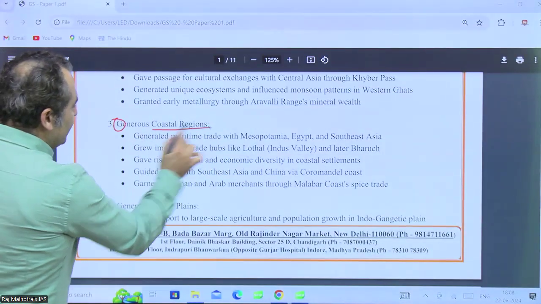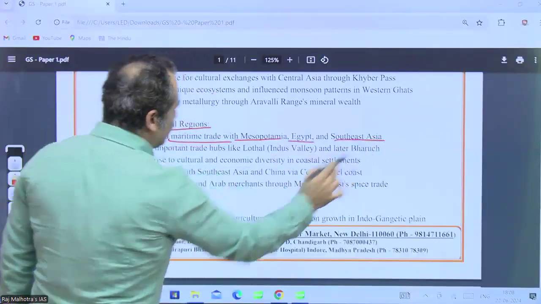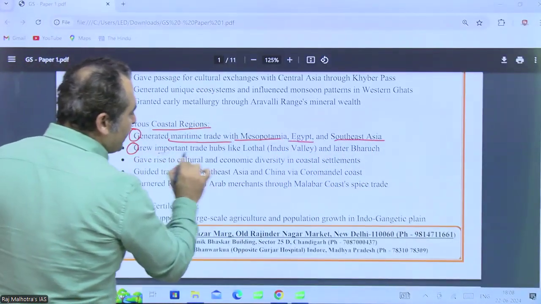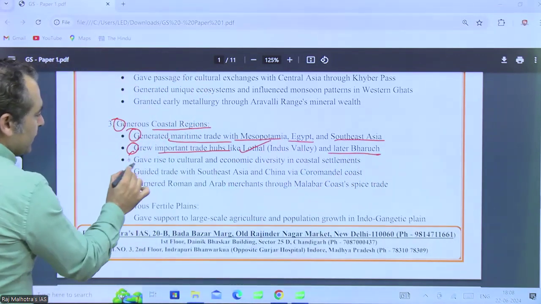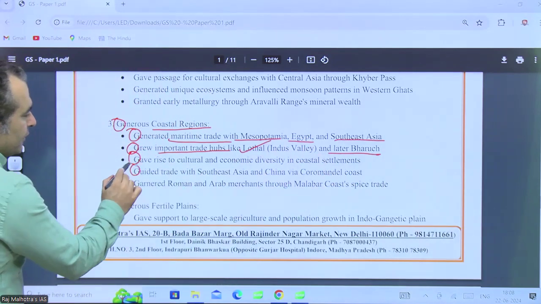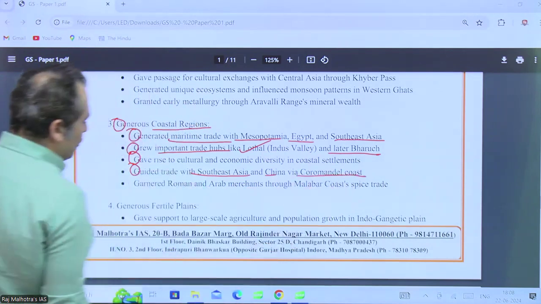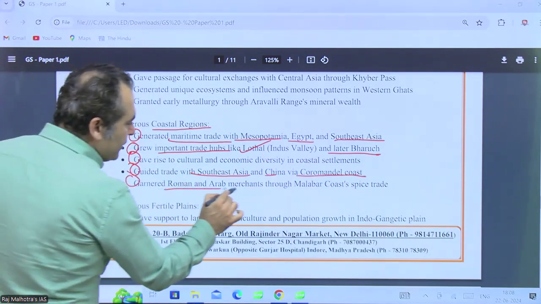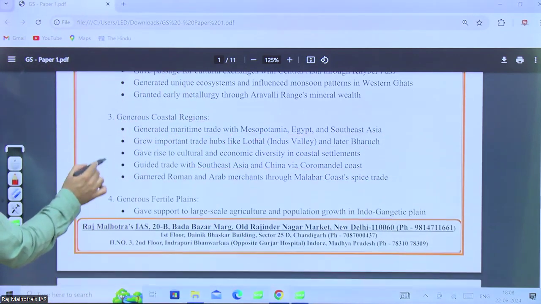generous coastal regions generated maritime trade with Mesopotamia, Egypt, and Southeast Asia, grew important trade hubs like Lothal, Indus Valley, and later Bharuch, gave rise to cultural and economic diversity in coastal settlements, guided trade with Southeast Asia and China via Coromandel coast, garnered Roman and Arab merchants through Malabar coast spice trade, generous